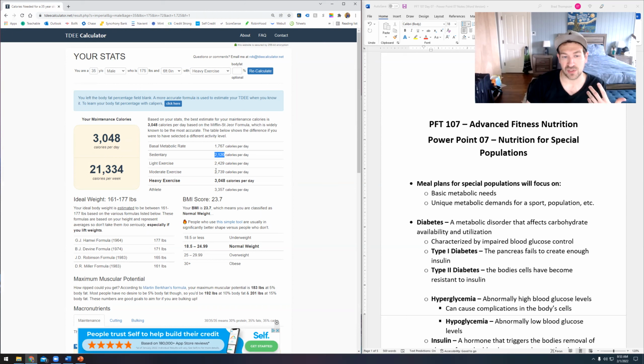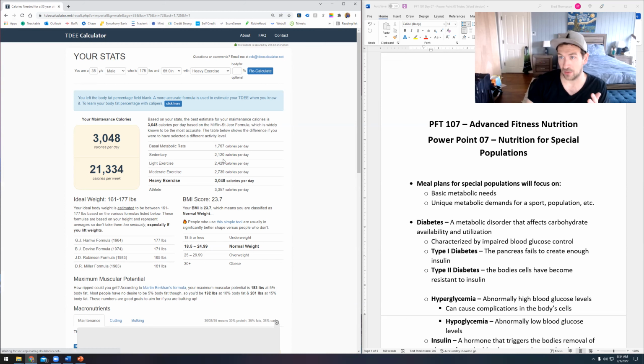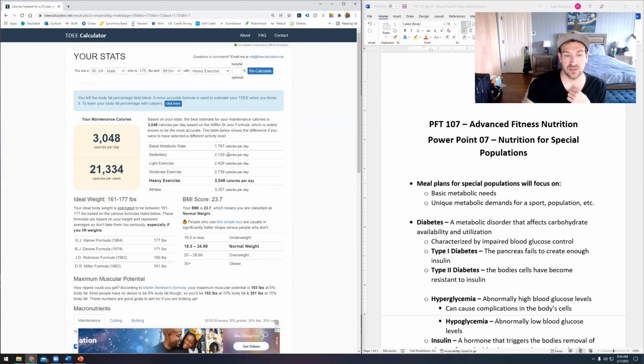And then based on if they were sedentary, lightly active, or very active, right? I love this one because it also shows you what the other versions of lifestyles would look like. You can see it's about a difference of about 300 calories each time, a little bit more in the very beginning, just because the jump from basal to regular lifestyles is a little bit bigger. But I love this because then you can show them, right? I love having a client who is generally sedentary and saying, but if you were physically active, if you started actually training with me 2 or 3 days a week, you actually get to eat a little bit closer to this.